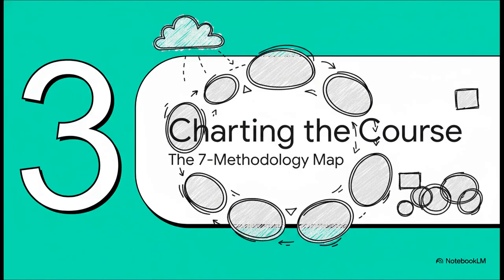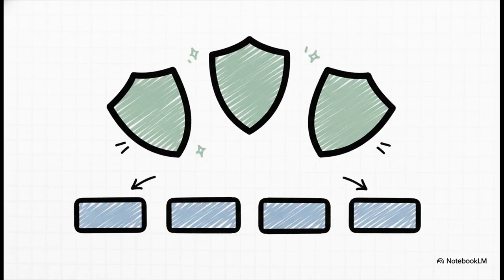Okay, so let's dive into the nitty-gritty. How does this map actually work? The framework breaks everything down into 7 core methodologies that basically orchestrate your entire cloud journey from the very beginning to the very end. And to make it really simple to remember, you can just think of these 7 parts as 2 different groups. First, you've got the foundational phases. These are the actual steps you take, one after the other. And second, you've got the guardians, who are there to oversee and protect you through the entire process.